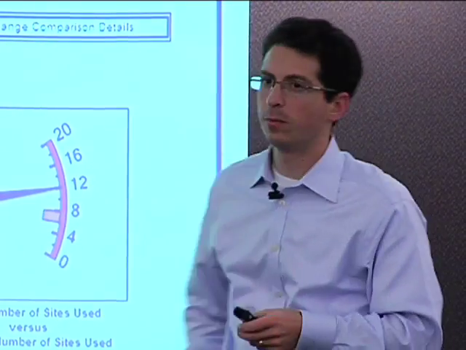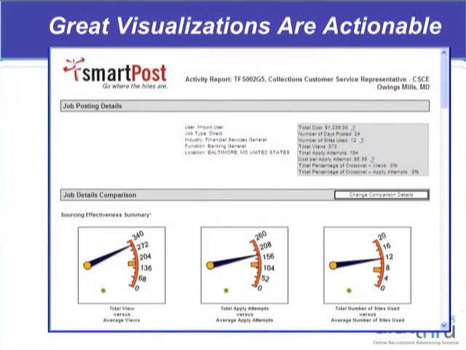Okay. Now, one of the key things about visualizing data is creating action based on it. This is a screenshot from a SmartPost dashboard, and I use this as an example because it does something very specific. This actually shows a whole bunch of job boards that you might have posted to and what's been most effective. How many views have you gotten? How many apply attempts have you gotten? But that's not why I'm showing it to you, because it's interesting data, but how